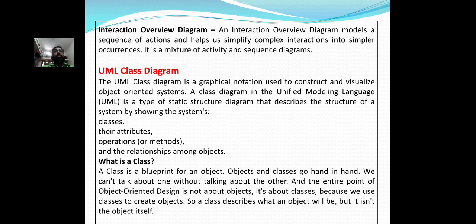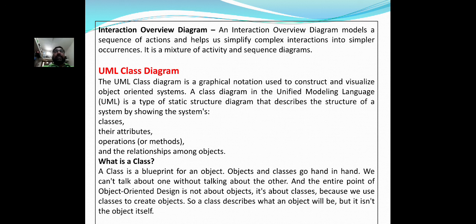The next topic, UML class diagram. The UML class diagram is a graphical notation used to construct and visualize object-oriented systems. A class diagram in the Unified Modeling Language, UML, is a type of static structure diagram that describes the structure of a system by using the system's classes, their attributes, operations or methods, and the relationships among objects.